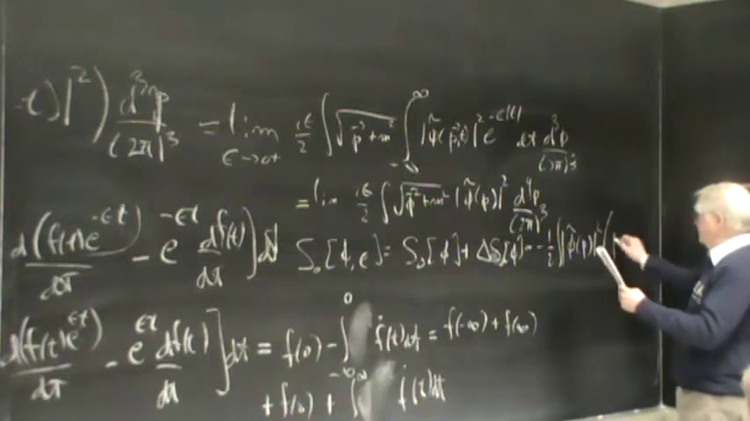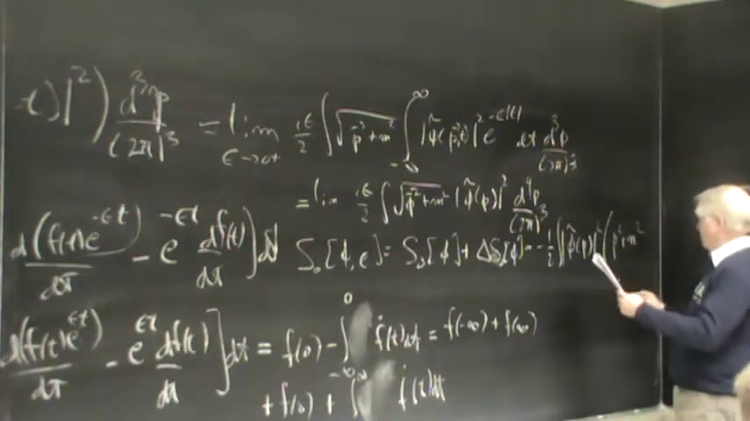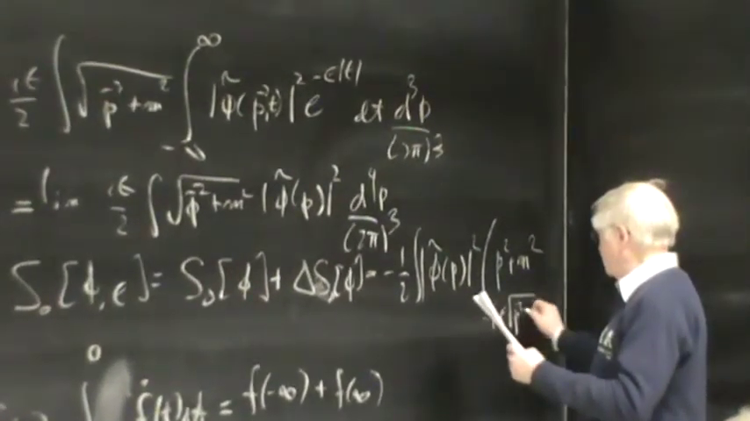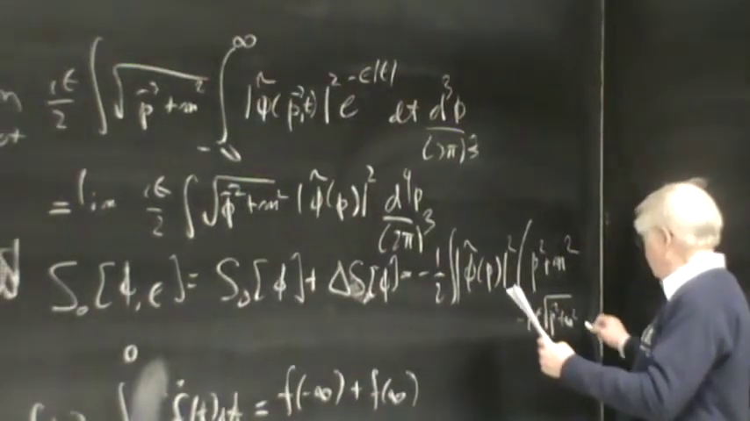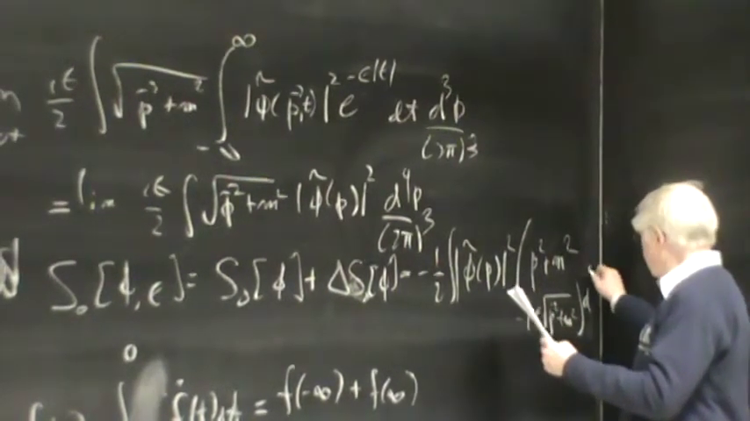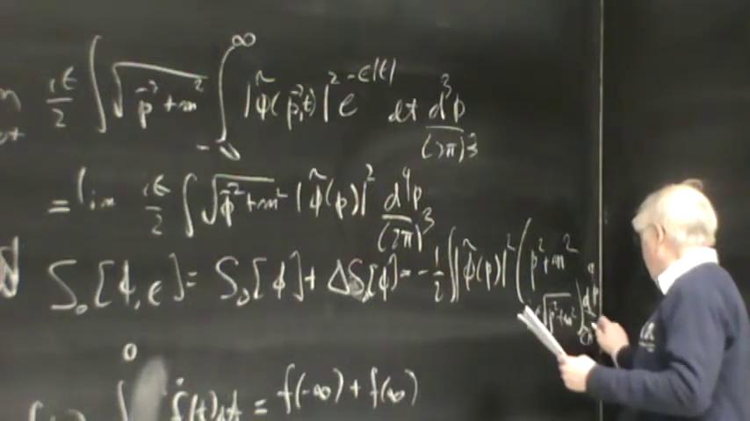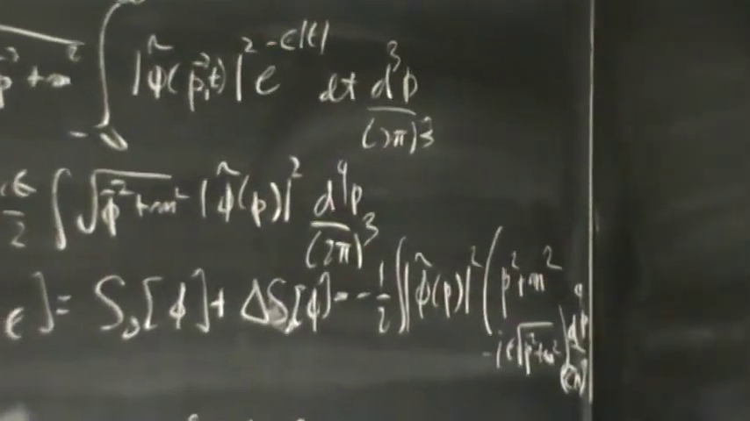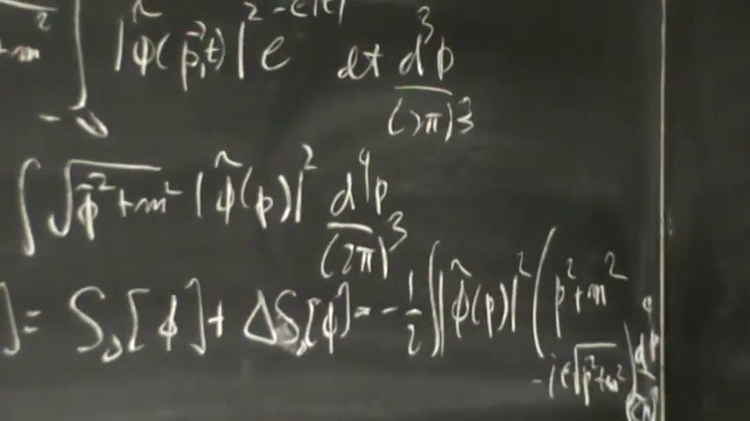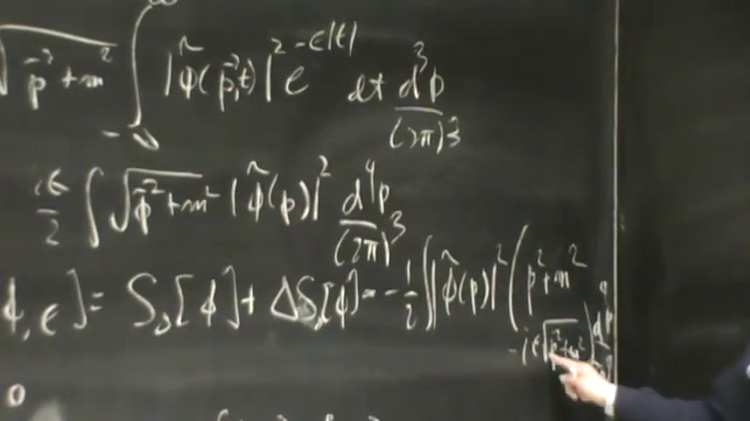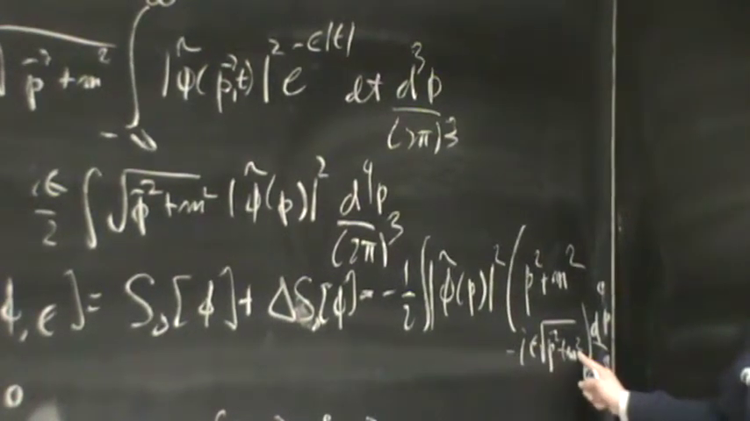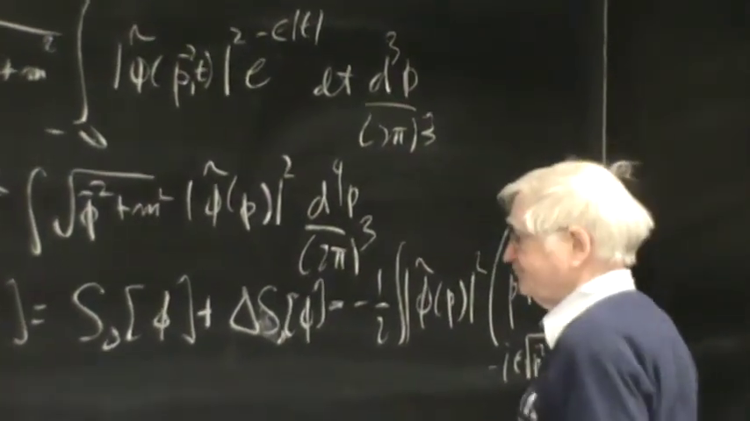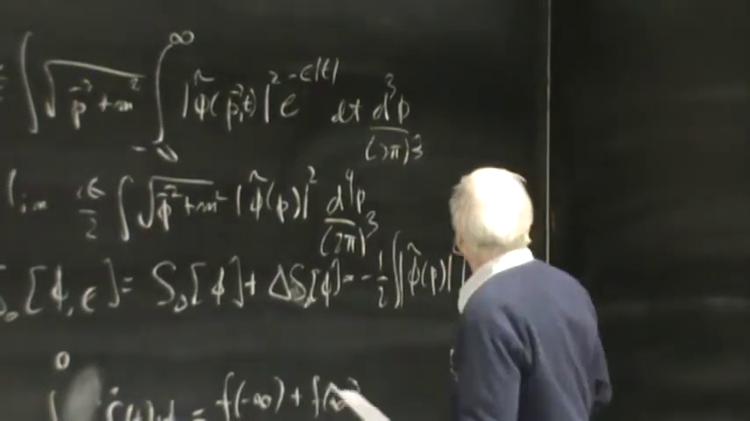And now what we have is p squared plus n squared. That's what we had before. And then we have minus I epsilon square root of p squared plus n squared d fourth p over 2 pi to the 4. Okay. Now at this point, we're taking the limit epsilon to 0, so a factor here doesn't matter. So we blow it away. And so what we have then is our new action is